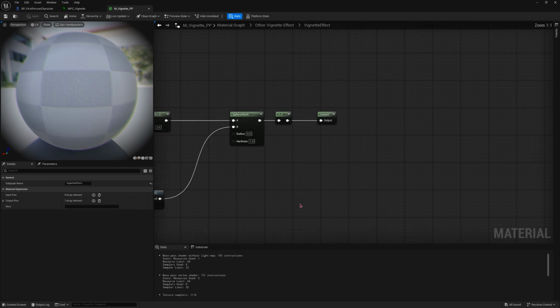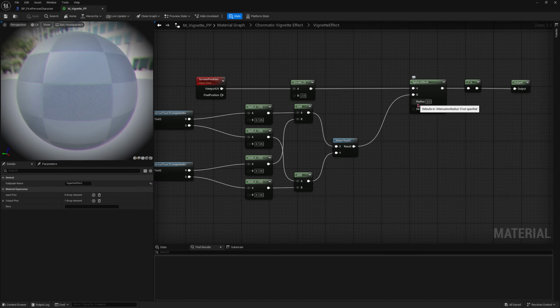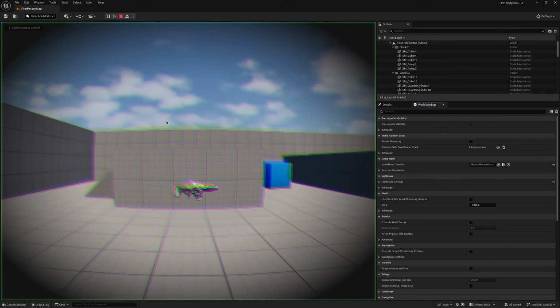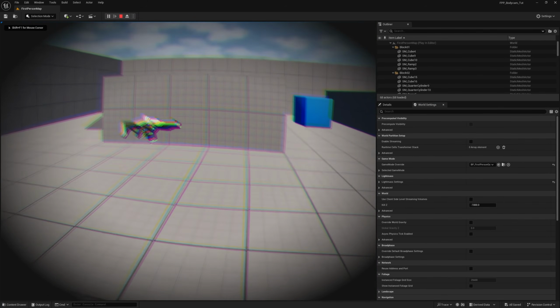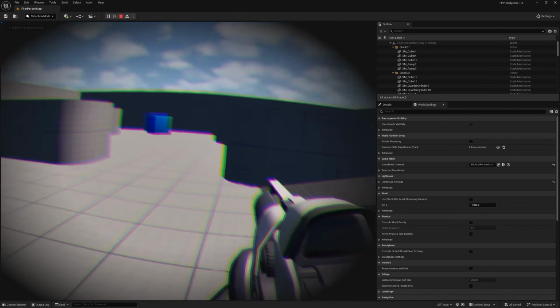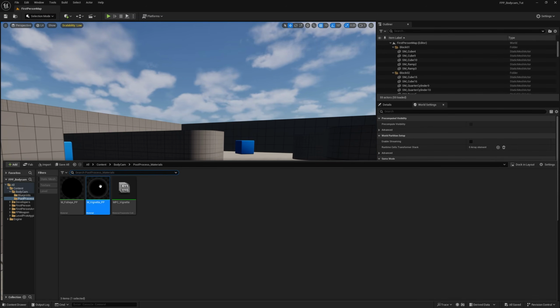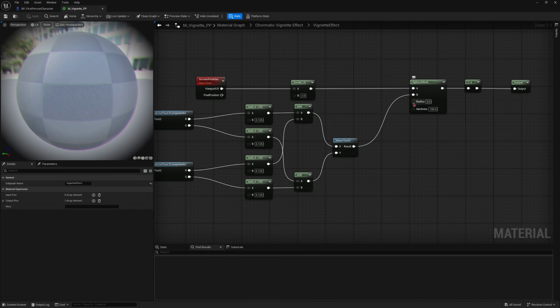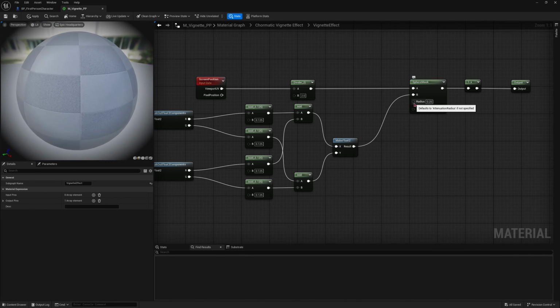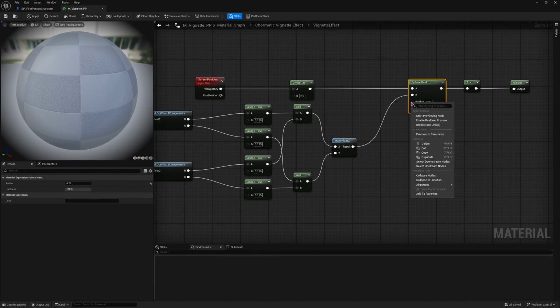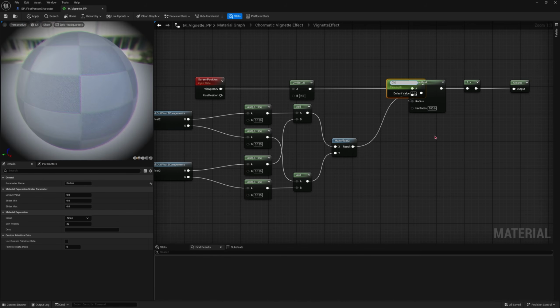Let's save this. Of course, if the radius is set to 0, that means when I play, the entire screen will have the chromatic aberration effect. So you can give it a radius. If I give this radius 0.25, somewhat like this, the effect will be just in the edges of the screen. So what we can do is promote this to a parameter, chromatic radius,